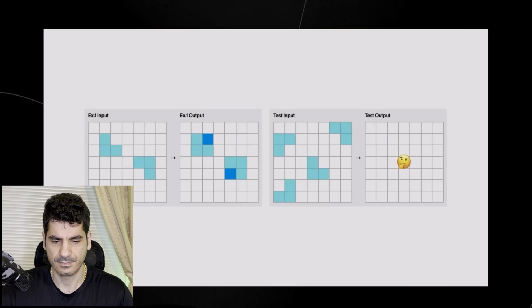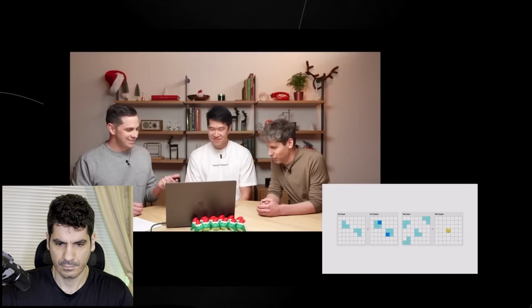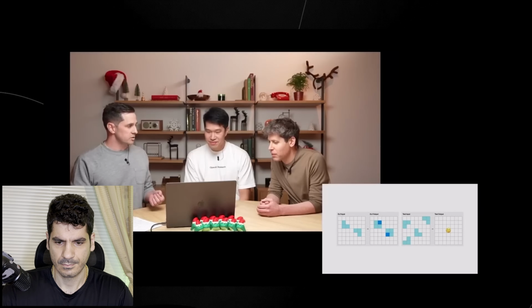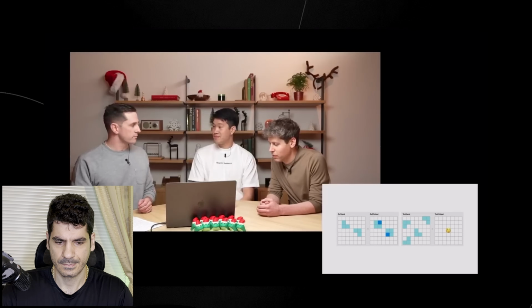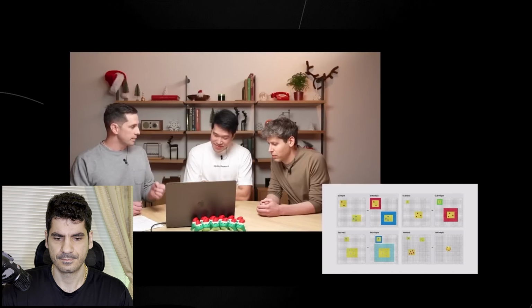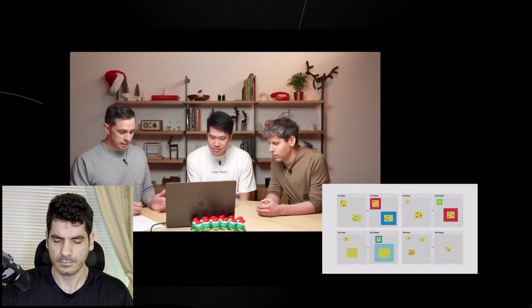Here, ARC-AGI is all about having input examples and output examples. Now the goal is you want to understand the rule of the transformation and guess it on the output. So, Sam, what do you think is happening in here? Probably putting a dark blue square in the empty space. Yes, that is exactly it. Now, it's easy for humans to intuitively guess what that is. It's actually surprisingly hard for AI to understand what's going on. What's interesting, though, is AI has not been able to get this problem thus far, even though we verified that a panel of humans could actually do it.